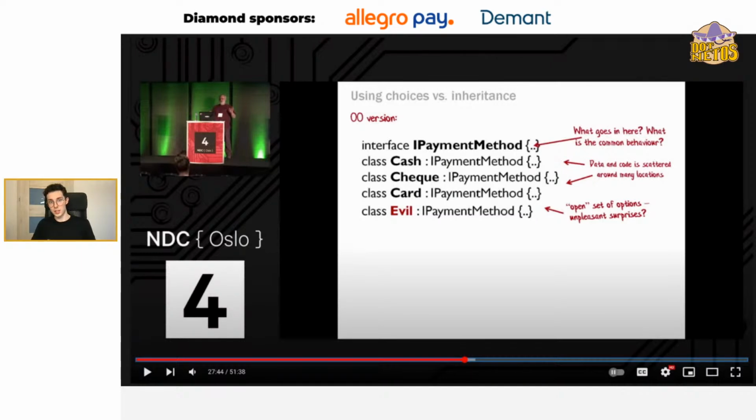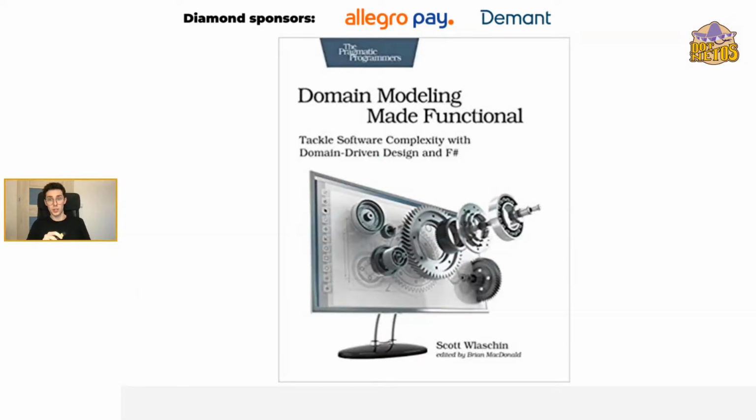There's a fantastic presentation about this one, because once again, Scott at NDC Oslo created a presentation about those differences and, for instance, what's the difference between choice type and inheritance. And in case you have more time, I highly recommend this book. It's Domain Modeling Made Functional. For me, it's a masterpiece, actually. Even though you don't know the F# language, and even though you don't use it on a daily basis, you can go through it very easily. And the book is open-minding and mind-blowing at the same time.